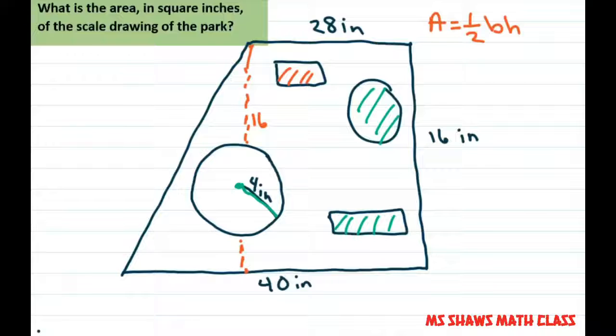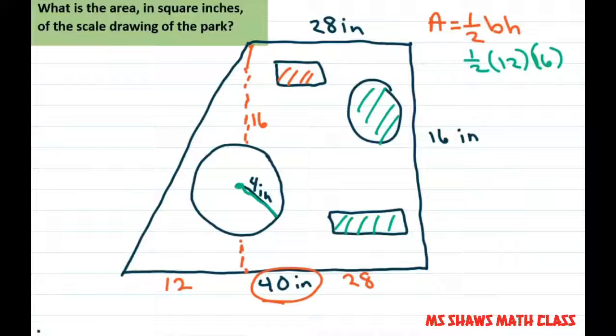So the base of this is 40 minus 28, which is 12. So this part would be 12, this part would be 28, and the whole thing equals 40. So that's going to be 1/2, base is 12, height is 16. All right, and then we're going to add that to the area of the rectangle, which is 28 times 16. So when you multiply this out, you're going to get the